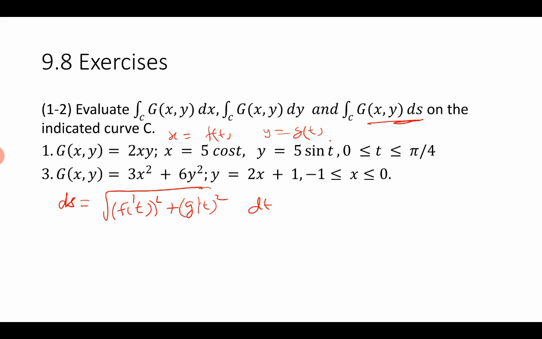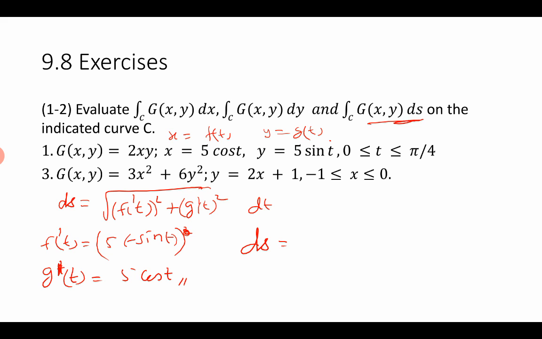So what is x dash? F dash of t, pi times minus sine t, whole square. Square will do later. G dash of t is pi cosine t. Therefore ds